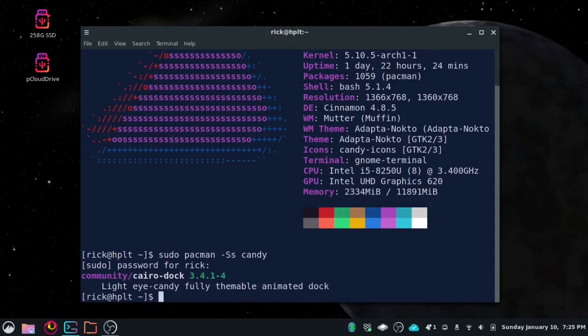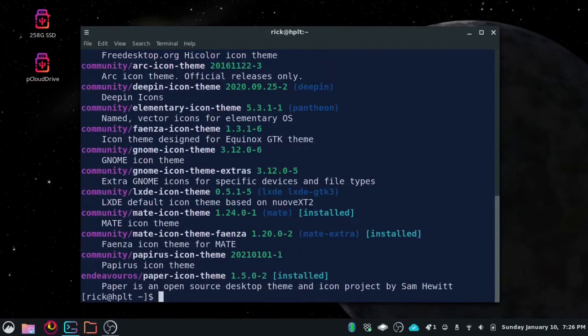So then I looked at, instead of using candy, I used icon theme. I got all these. I thought, wow, look, a bunch of icon themes. And you can install any of these icon themes on here you want. But the problem here was that I used the repositories, and that's why I couldn't find the Candy icon theme in the repository. So then you have to use yay,